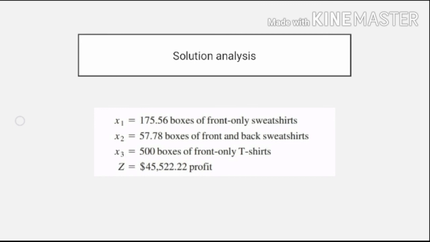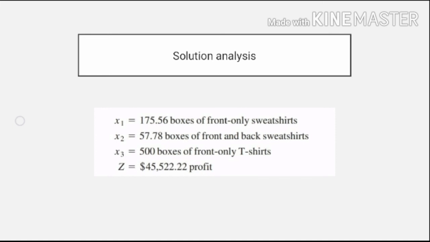type. So, for example, in X sub 1, you have 175.56 boxes of front-only sweatshirts. This says you produced 175 boxes. So, how much profit do you have in X sub 1? You have to multiply it by 90, the profit per box. So, 175.56 times 90 is equivalent to